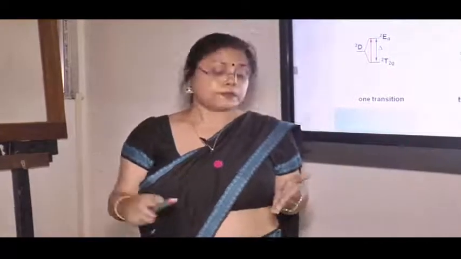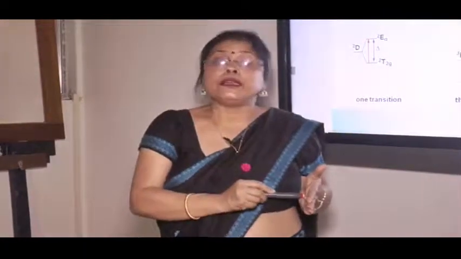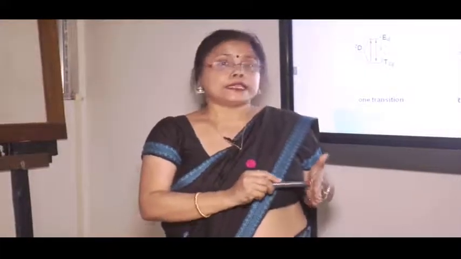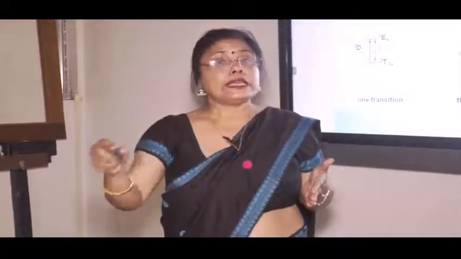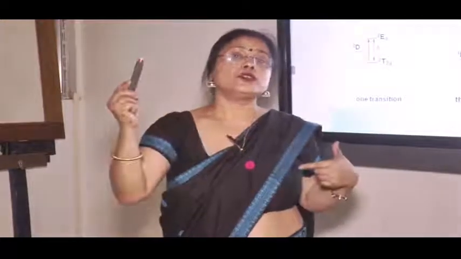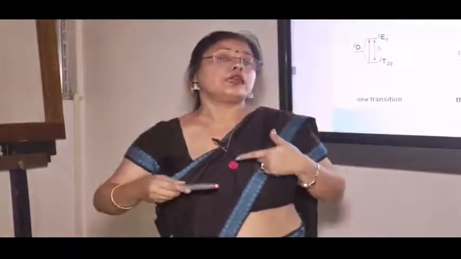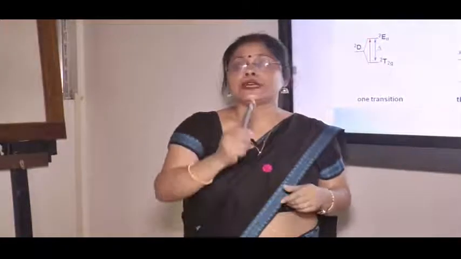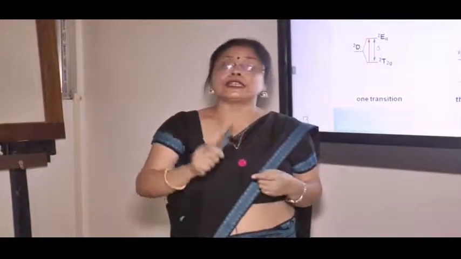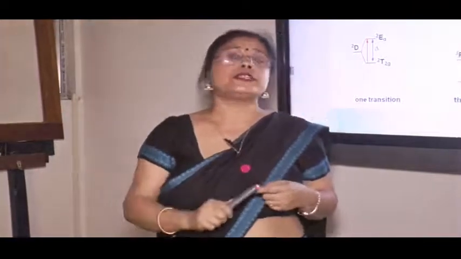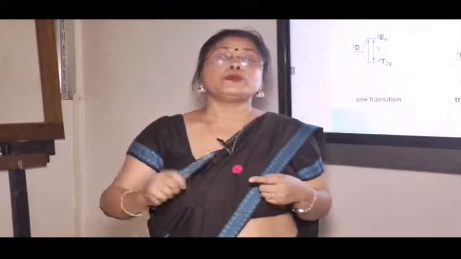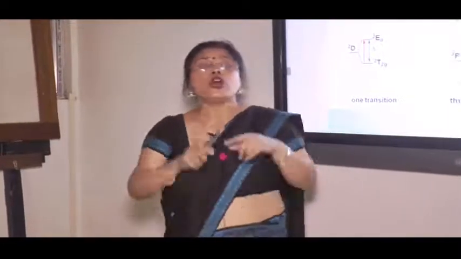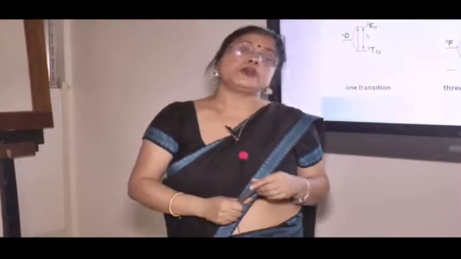Out of these terms, one will be the ground state term, and for d9 it is the 2D term. That term also in an octahedral field undergoes splitting with eg at the lower level and t2g at the higher level, and that will also give us one transition. Fortunately, that transition falls in the visible range and absorbs the red light and emits the blue light, and that is why we see all the copper complexes blue.